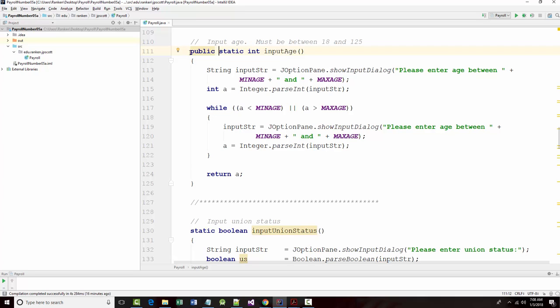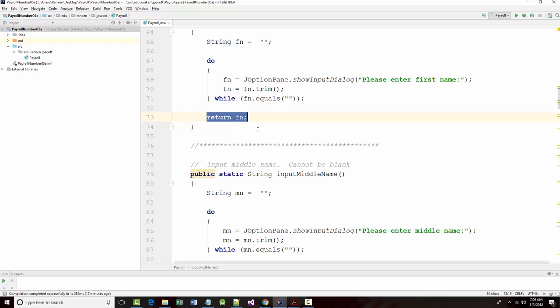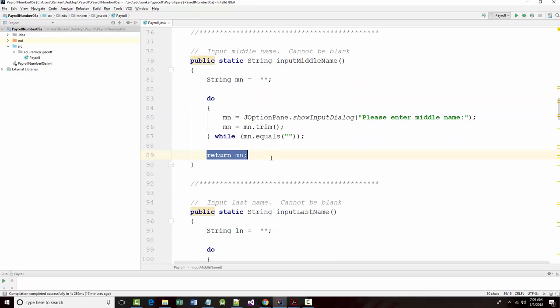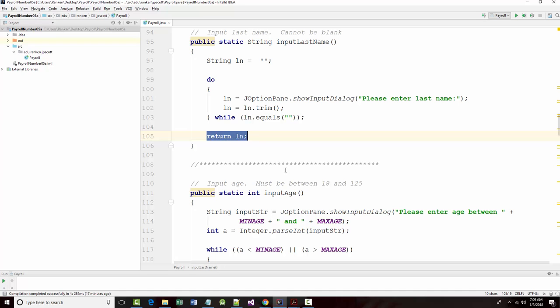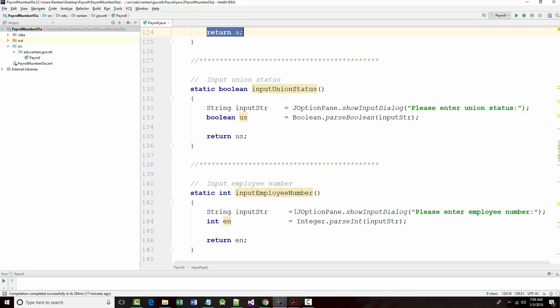All right? These programs will still blow up. This program will blow up if I put a non-integer value in right here or here. But as long as I put in an integer, while it's less than the minimum age, which we said was 18, or it's greater than the maximum age, which we said was 125, we have them do it again. So when we get down to here, so the idea is, once we get down to here, we've got a valid first name. Once we get down to here, we've got a valid middle name. Once we get down to here, we've got a valid last name. Once we get down to here, we've got a valid age. We are not doing any